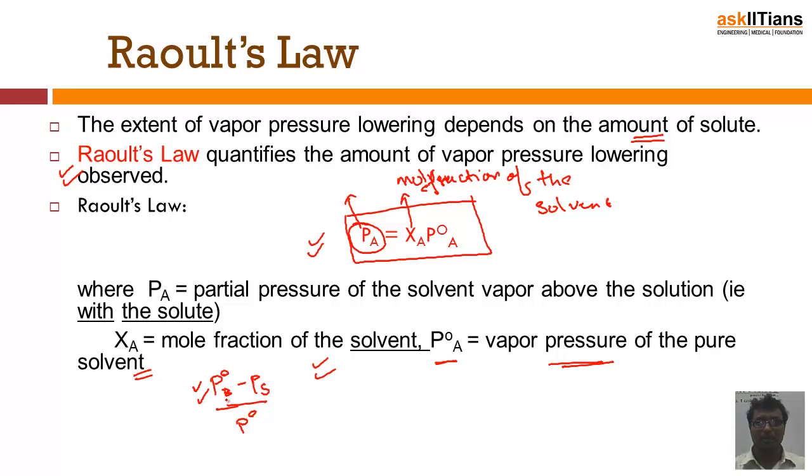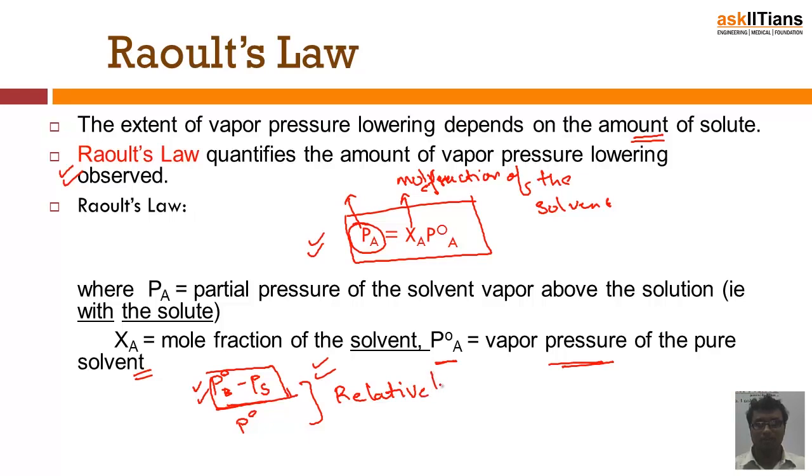P naught is the initial vapor pressure of the given solvent when you are not adding any solute, and Ps is the final vapor pressure of the solvent after you add the given solute. So this ratio is called